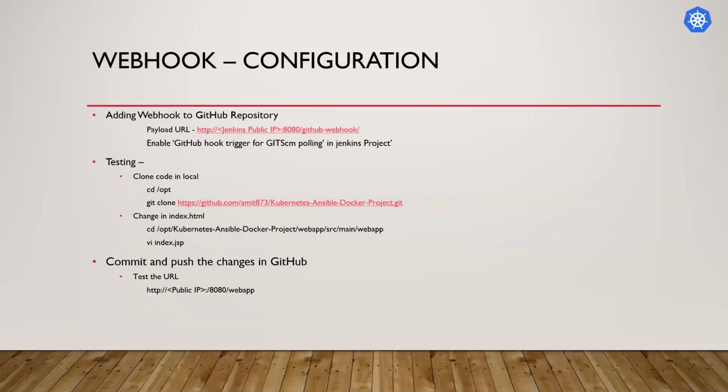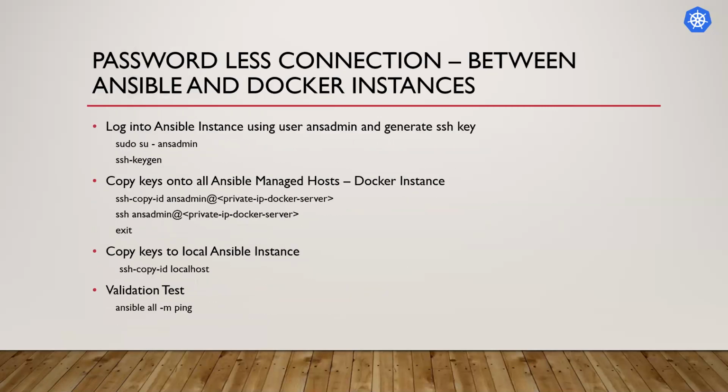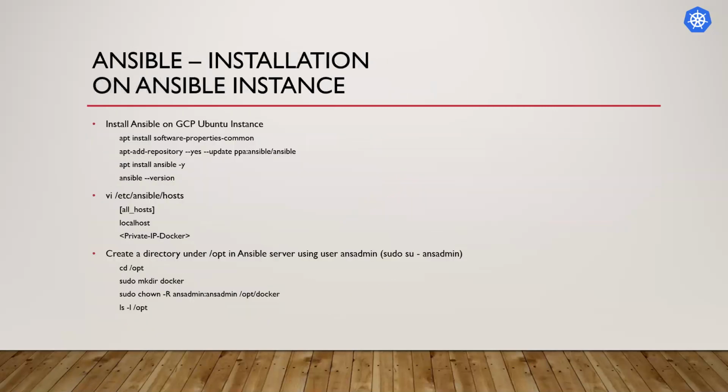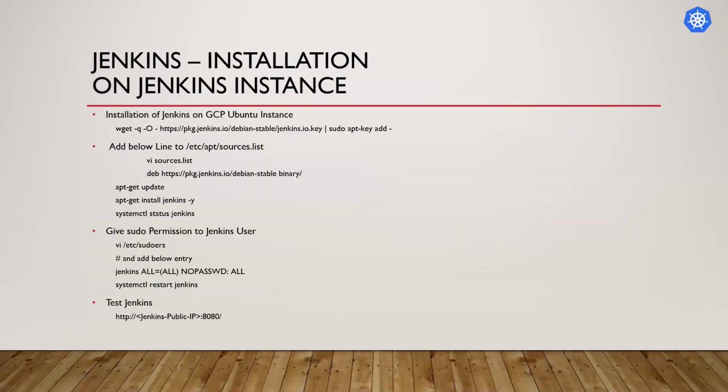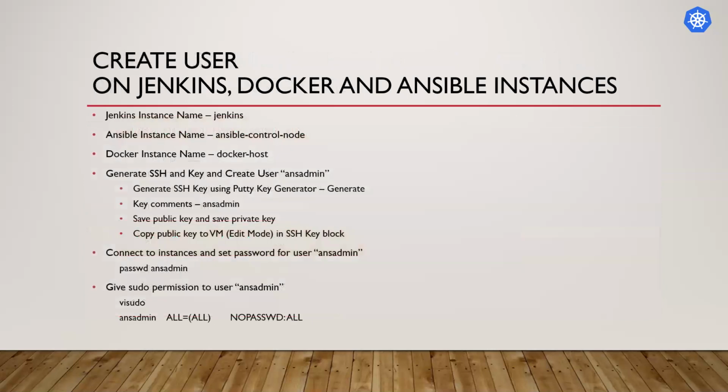Now let's start that POC. So I am going back again. This is the step-by-step guide I created to make it easy. This is the easiest way of doing this, because I've added all those commands in one place. First, you can see we need to create three systems: Jenkins, Docker, and Ansible. In Google Cloud, we will go and create the three systems first.